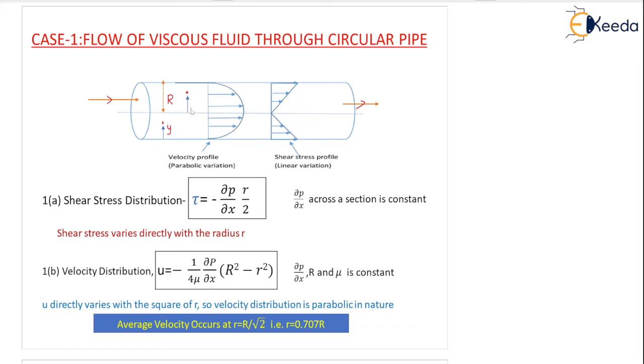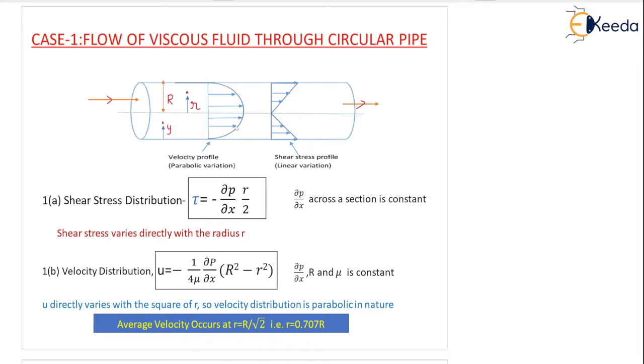and let us say I'm keeping a point here, r, small r. Small r represents the distance of the point measured from the center line. So finally I want to say here r is measured from the center line always, and y is measured from the pipe wall. So the first one, as you can see, this is the velocity profile.